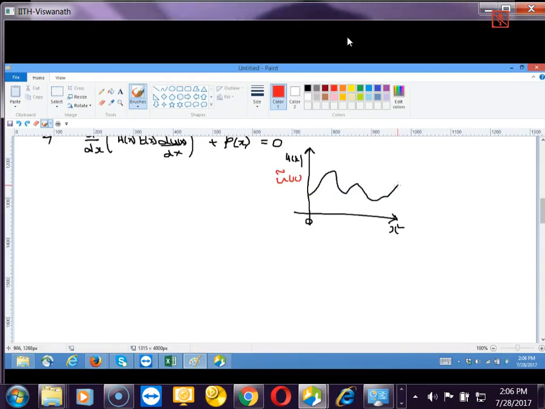This is a one element solution, a straight line, whereas a two element solution will be